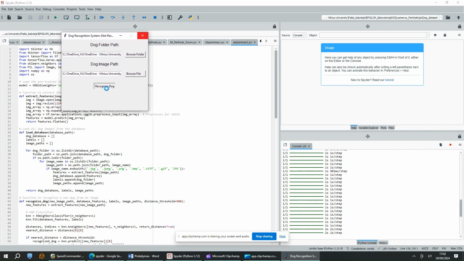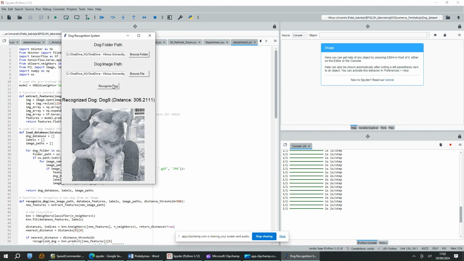We need to wait several minutes. I think it will finish soon. So, as you see here, the dog is recognized. Here is the dog name, and here is the